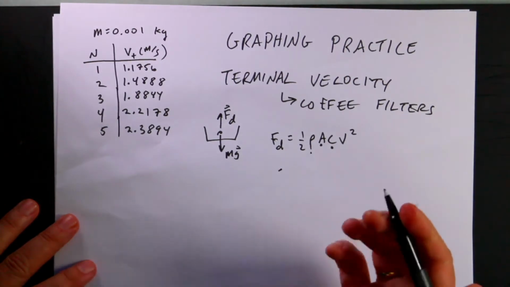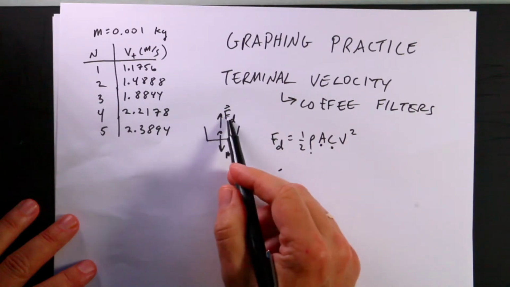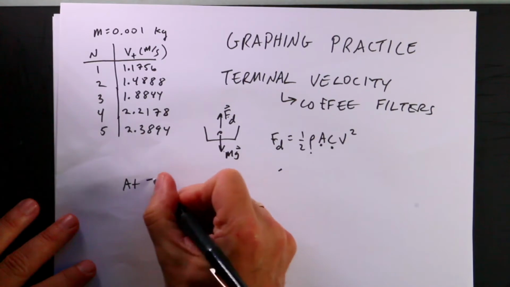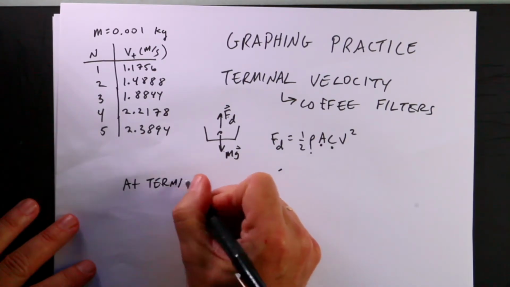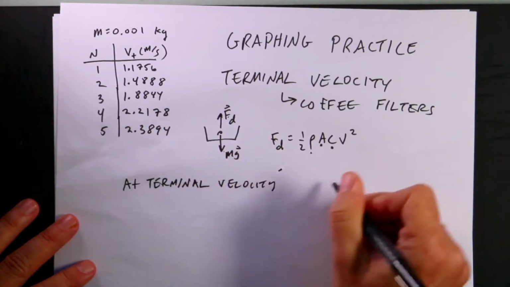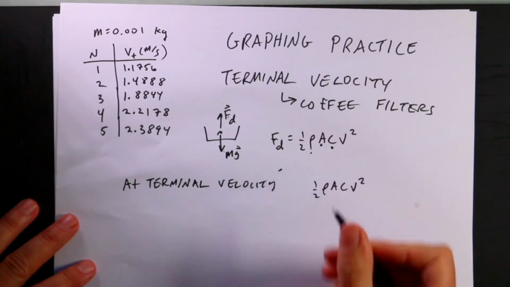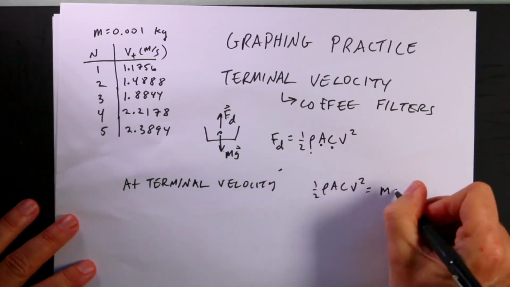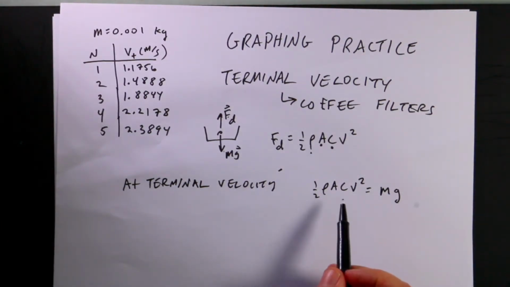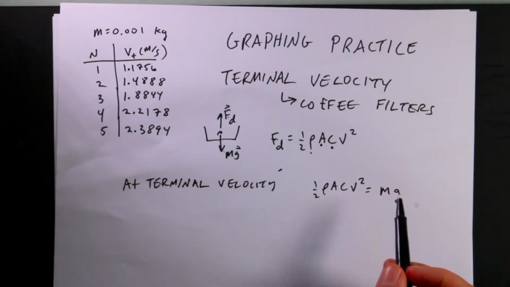So the important point is that once this thing speeds up, it will reach a constant velocity where the drag force is equal to the weight. So at that point, we call that terminal velocity. At terminal velocity, the following is true: 1/2 rho A C V squared is the upward drag force, and that would have to be equal to the downward weight. So if I find the terminal velocity, V, for a particular coffee filter, and then I use two